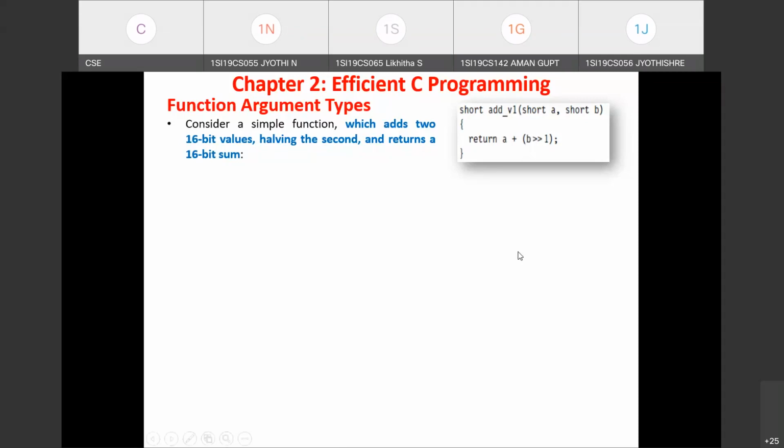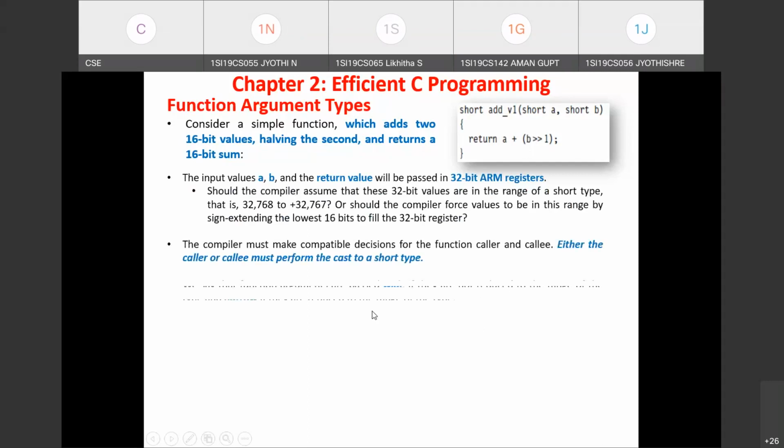Here we use the terminology wide and narrow with respect to function argument passing. Let me list that out. We say that the function arguments are passed wide if they are not reduced to the range of the specified type, and we say that the function arguments are passed narrow if they are reduced to the range of the type. So what is the meaning of this?